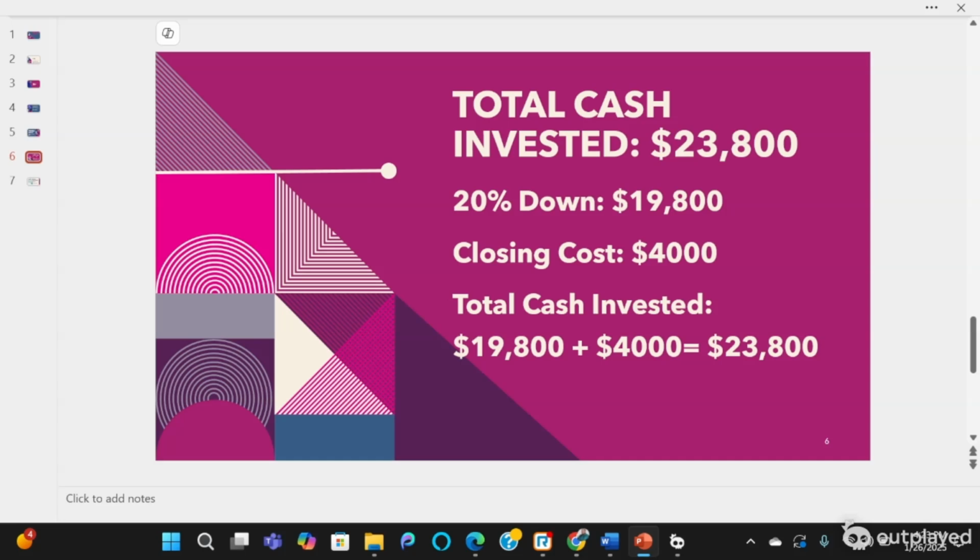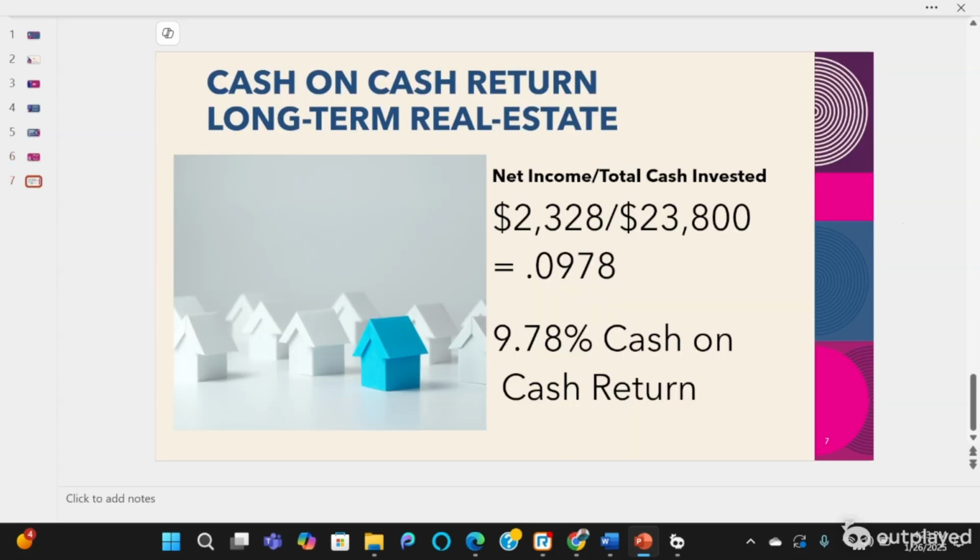Now, when you're trying to find out cash on cash return, what we want to do is take the net income, the $2,328, divided by total cash invested, which is the $23,800. When we do that, we get the answer of 0.0978. So when you see that, we now change it into 9.78%. So when you want to find out what your cash on cash return is, we have it here. We are a little over 9.5% on our cash on cash return on our investment of that